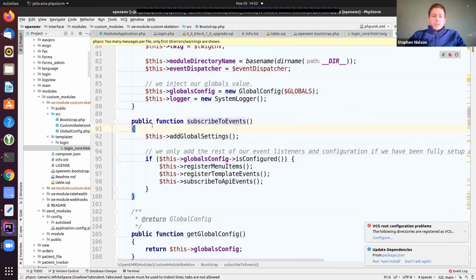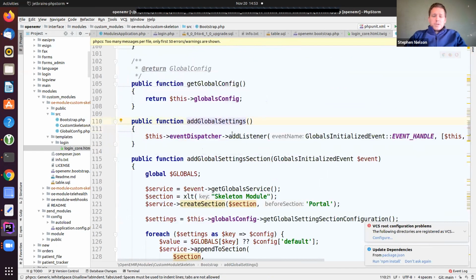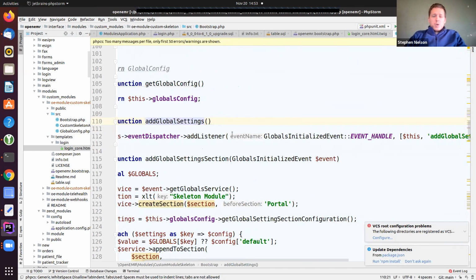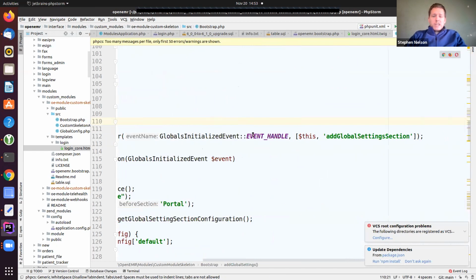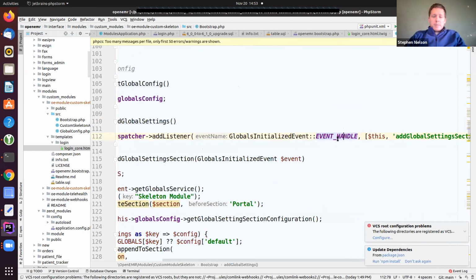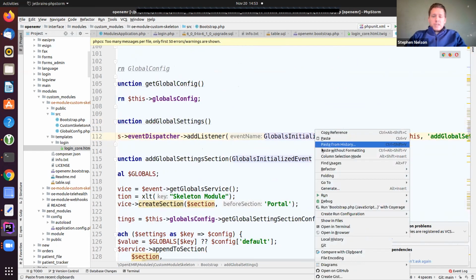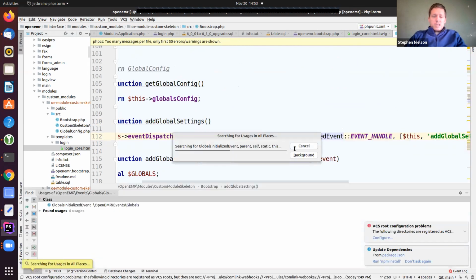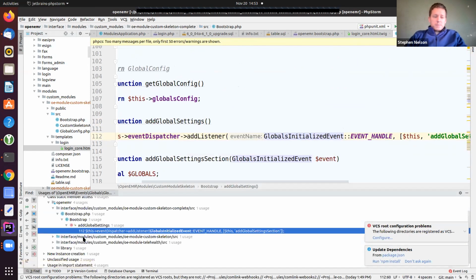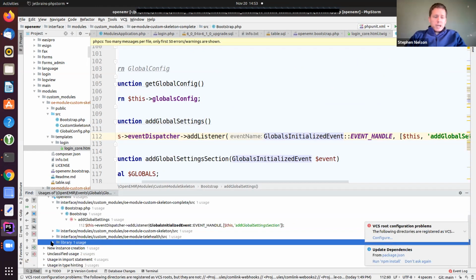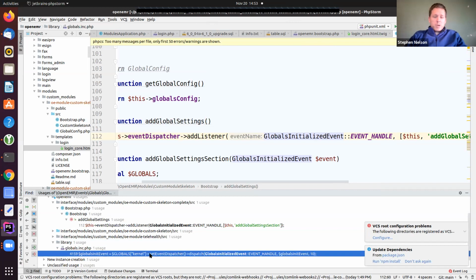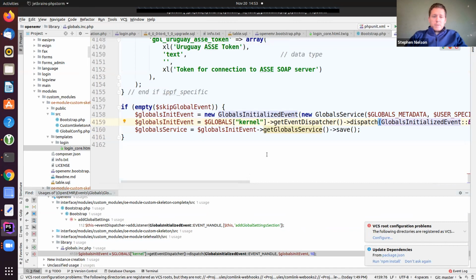Okay. So let's look at the way that the global settings works. Okay. So global settings says I want to be notified whenever the globals have initialized, right? I want to be able to do something and add my global values. So if I come here and I say, well, you know what, where is this event at? Where's this thing at? Right. So I come here, I'm using it in a couple places, but if I come here to globals, I want to look for where that dispatch is. So this dispatch is using the globals, right?